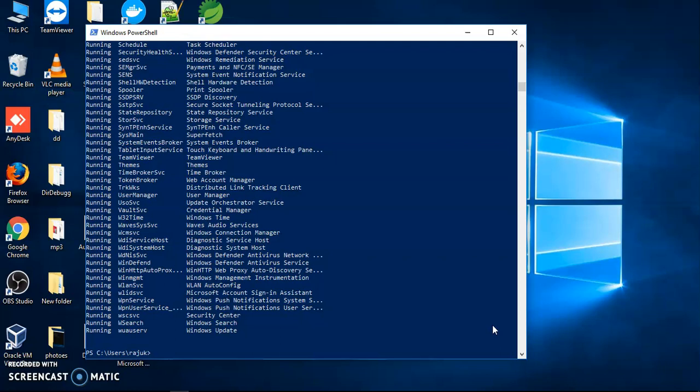If we want to get full information about any service, we have a command for that. VSS is a service which runs in the background.